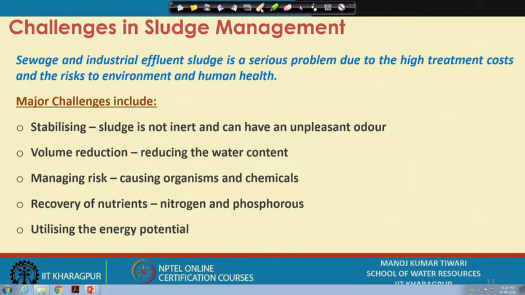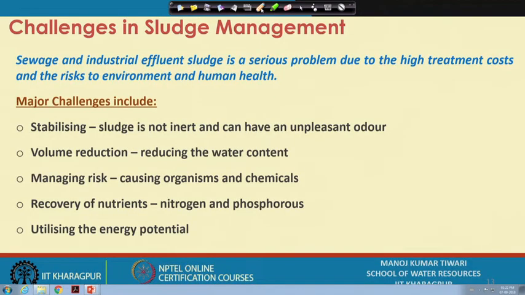So that means a lot of wastewater is not being treated in the first place, and when you start treating it, you will start getting more and more sludge. So what to do with that sludge, how to handle that? It requires a huge cost. There is a huge land footprint of sludge management, a huge water footprint, and energy requirement in terms of handling, transportation, and dewatering processes. So there is a huge cost, huge environmental footprint and huge health risk involved in this.